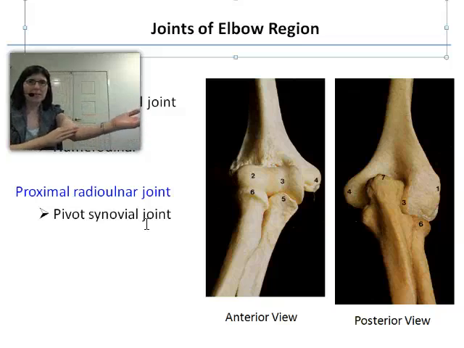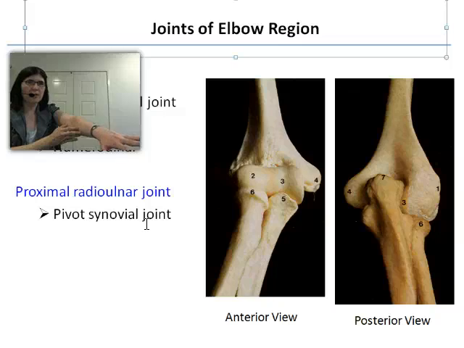So here you can see my forearm, and when I rotate it like this, such that my hand is twisting over from one side to the other, this is known as a pronation and supination movement. Pronation, palm down, supination, palm up. And this rotation movement is occurring where the radius in the lateral side of my forearm is rotating over the ulna within the medial side of my forearm. Therefore, the proximal radioulnar joint is allowing rotation of the radius around the ulna and allowing this twisting to occur